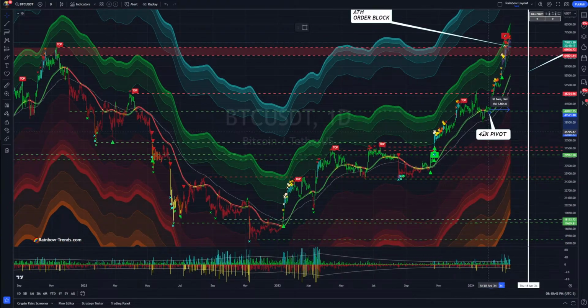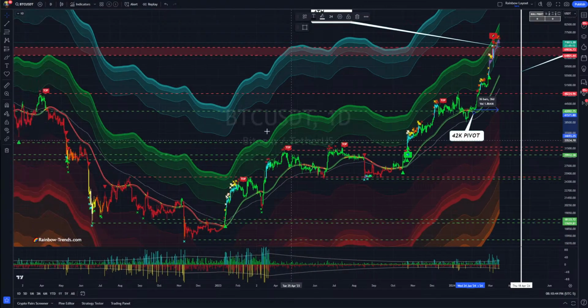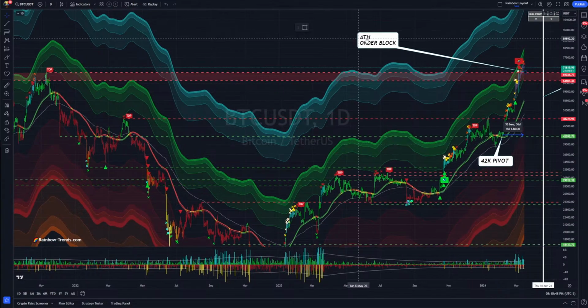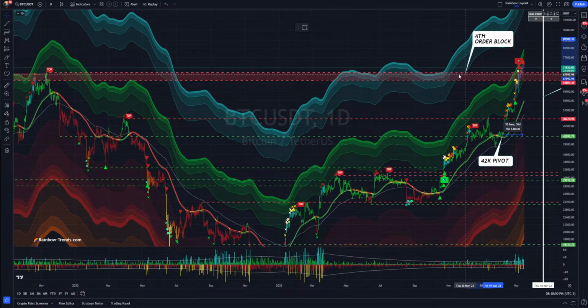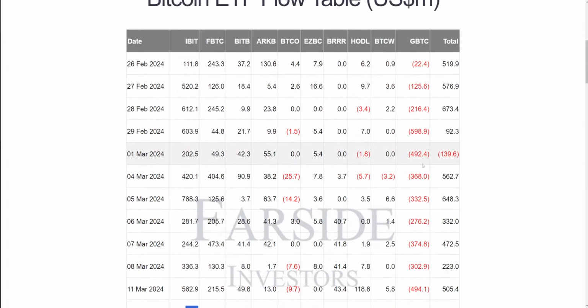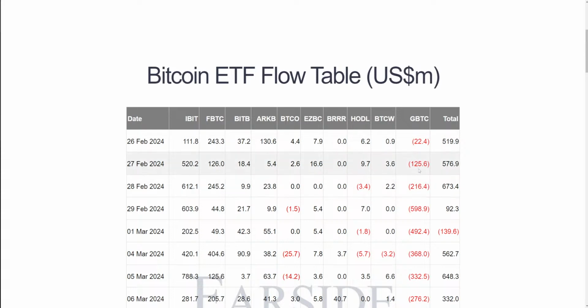Sure, it's there, but at the same time, when the chart's telling you one thing, you have to check reality, and check the fundamental analysis of what's going on. And what's going on right now? Supply issues. This Bitcoin that's showing up in these ETFs is getting jam-packed straight into cold